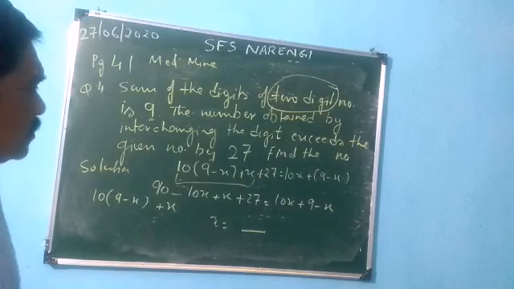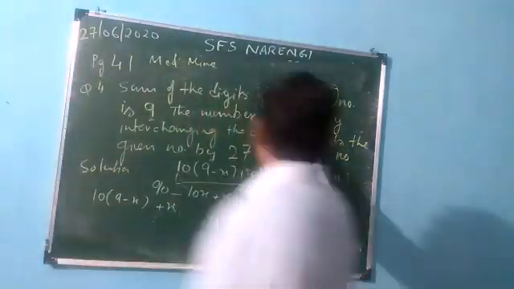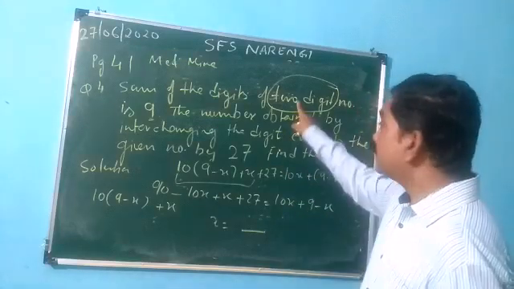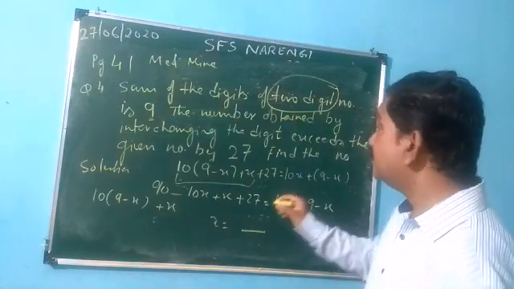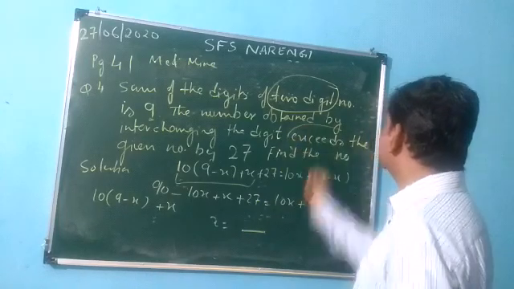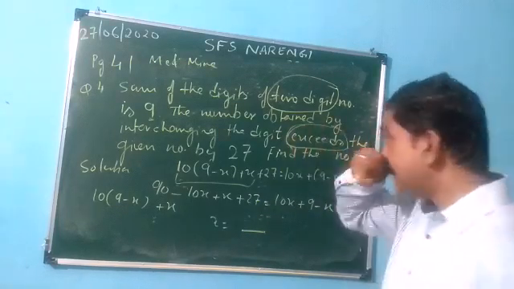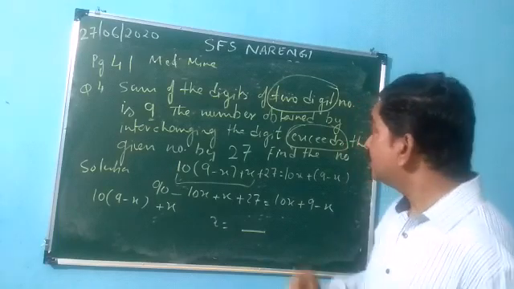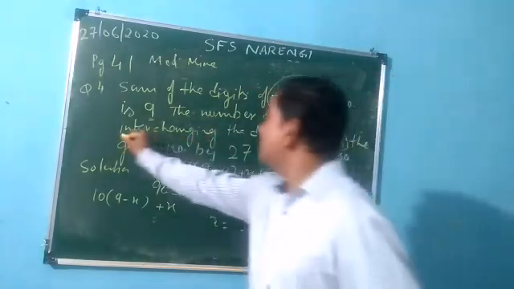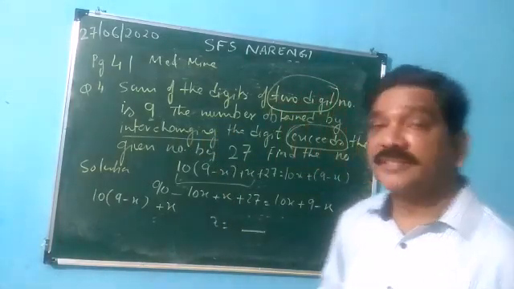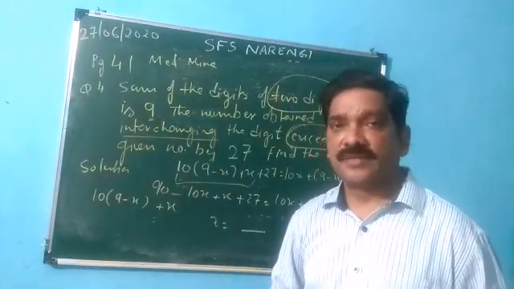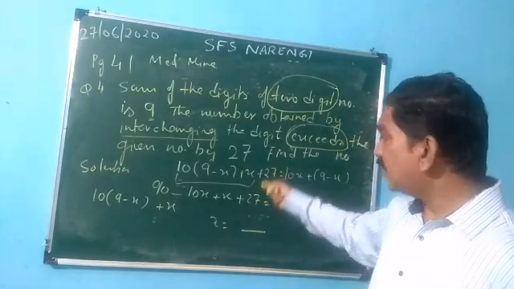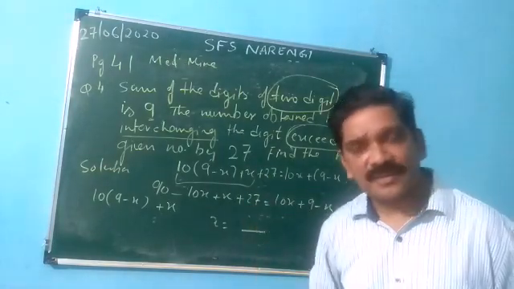Why have I taken this question? Because it becomes very difficult when you have this kind of question, how to solve it. First of all, you have to understand what a two-digit number is, and what this word exceeds means. You also have to understand interchanging the digits. This is very important. Because of this, I have taken this question. Otherwise, simplifying, solving and getting the value of x is not that difficult.